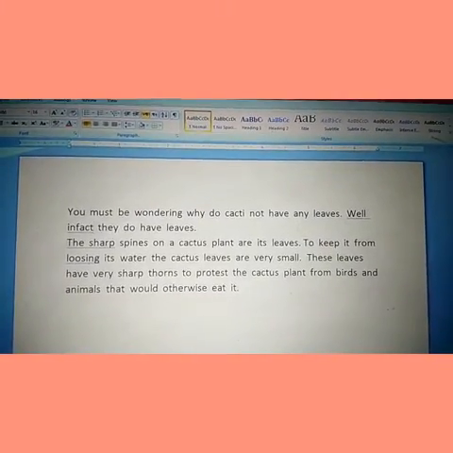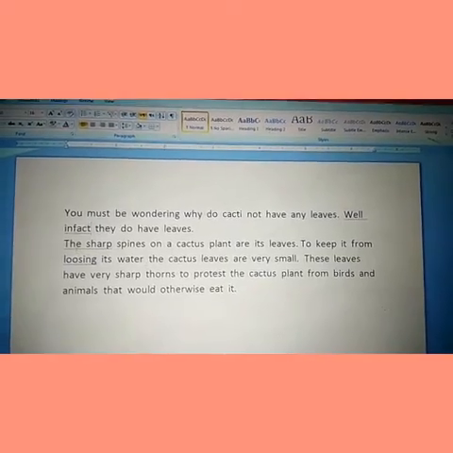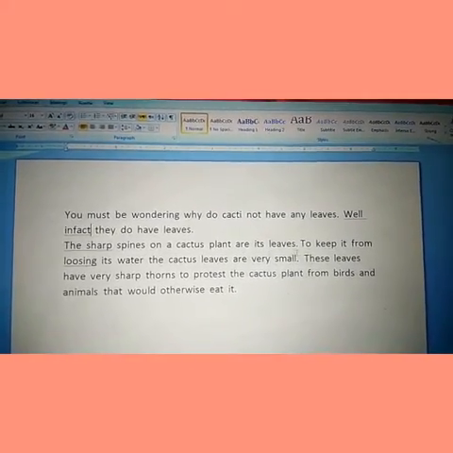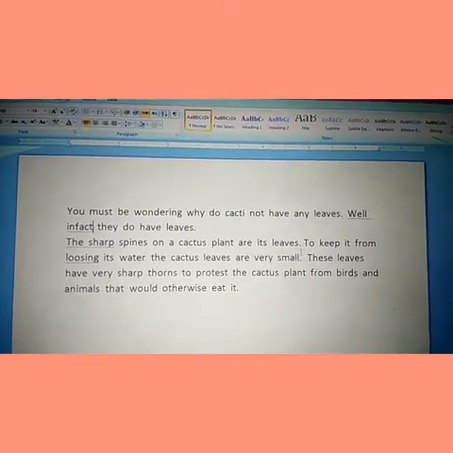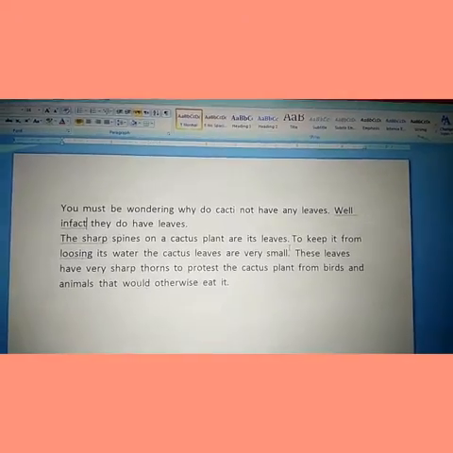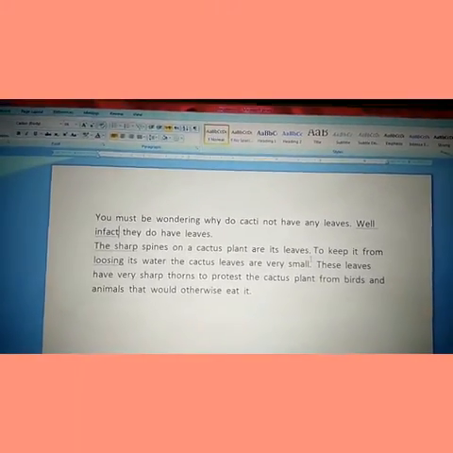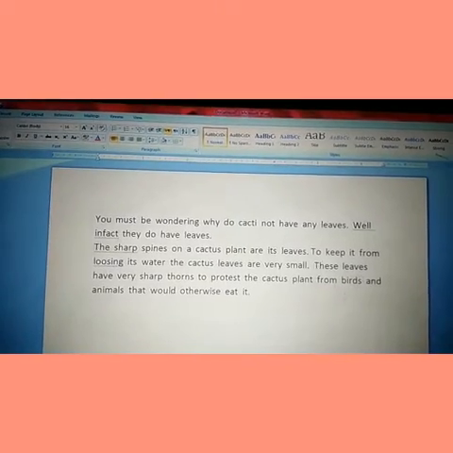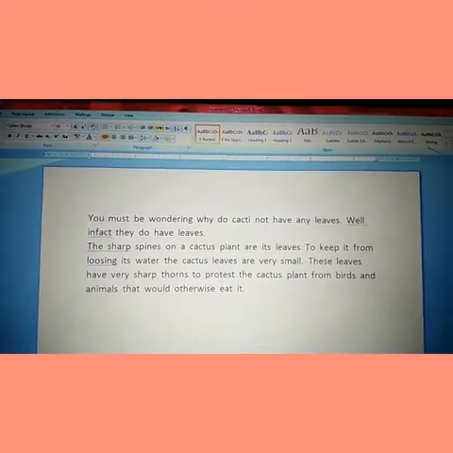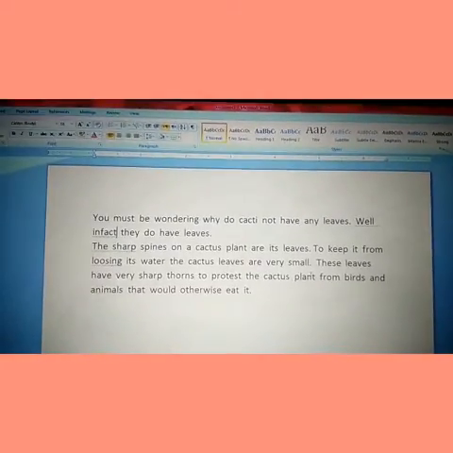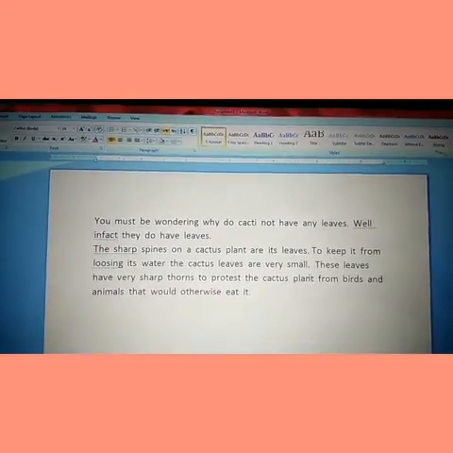Well, in fact, they do have leaves. These sharp spines on a cactus plant are its leaves to keep it from losing its water. The cactus leaves are very small. These leaves have very sharp thorns to protect the cactus plant from birds and animals that would otherwise eat it. So this is the practical basis of editing.